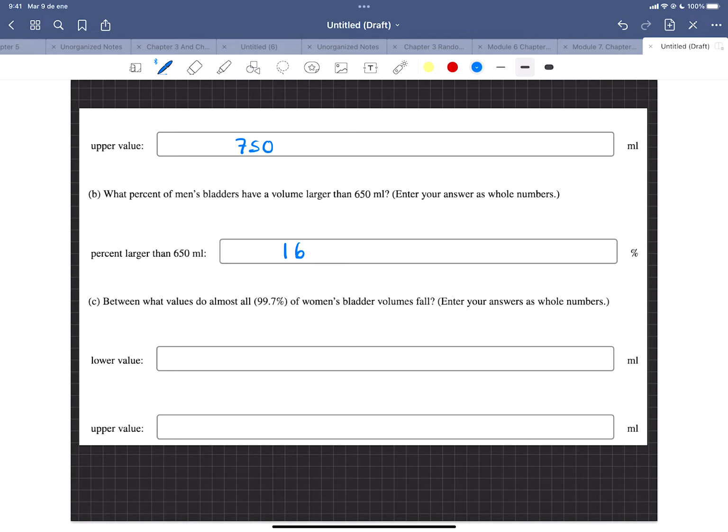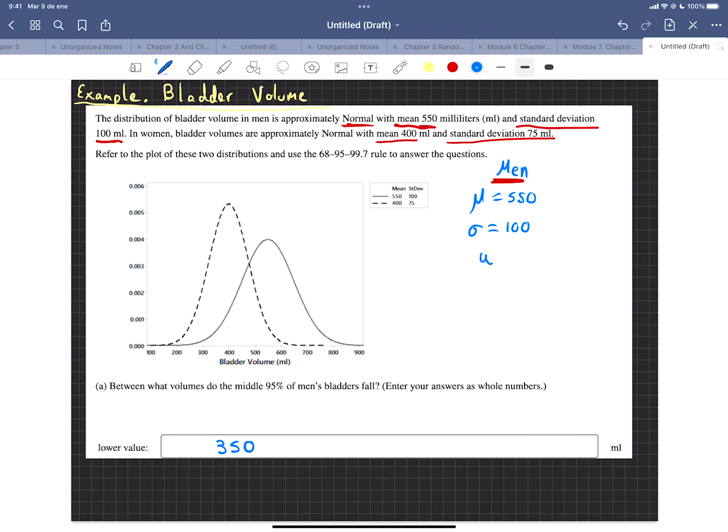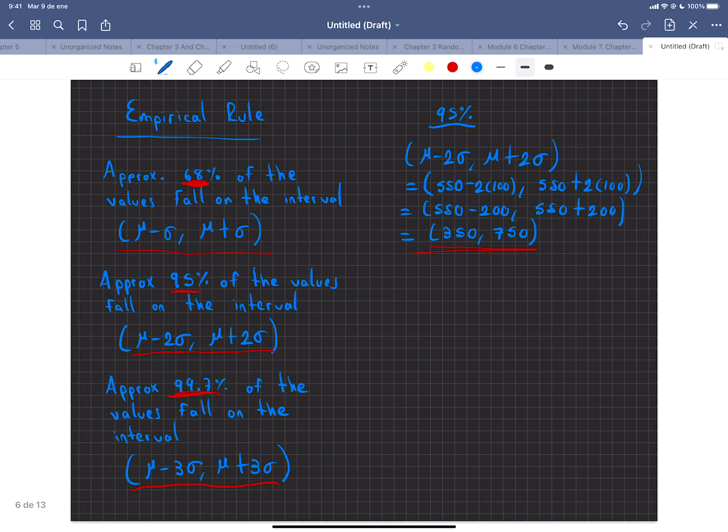There you have. Now, between what values do almost all 99.7% of women's bladder volumes fall? Now we have to do it for the women. They have mu equal to 400 and standard deviation equal to 75. And we need to use the empirical rule here, but now for women. This is going to be the part A,